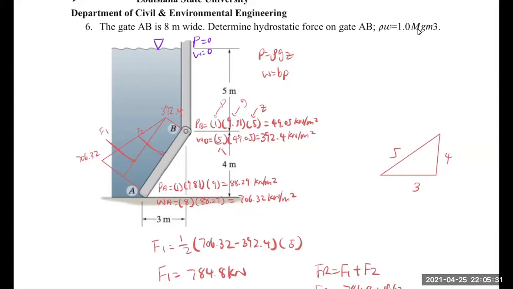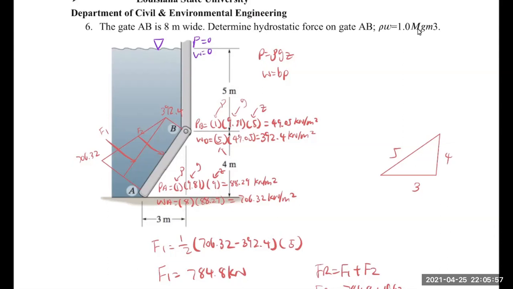And then I consider pressure at point A. So pressure A will be, this one is the rho, this one is the g, this one is the z. So z right here is the 5 meters plus 4 meters, which will be 9 meters. So putting in the calculator, I got PA is equal to 88.29 kilonewtons per meter squared, and then WA will be equal to